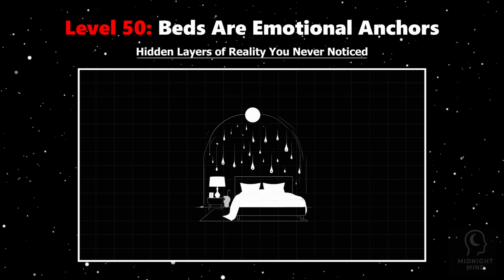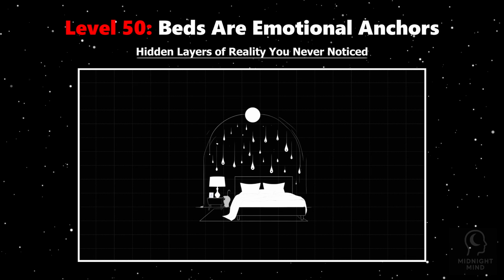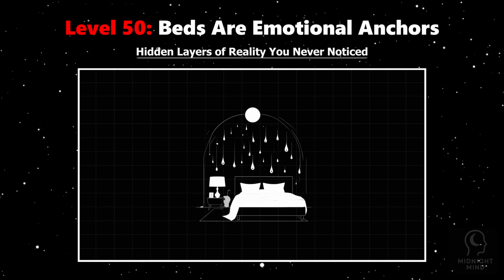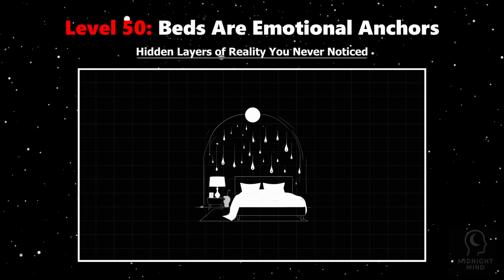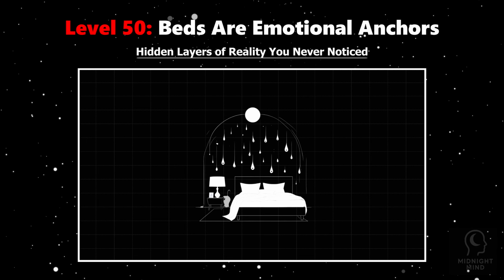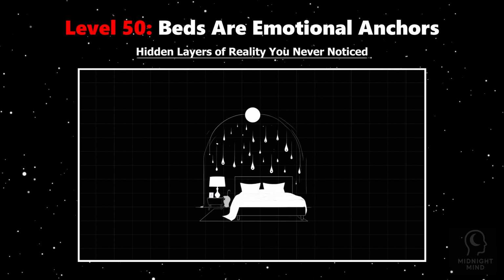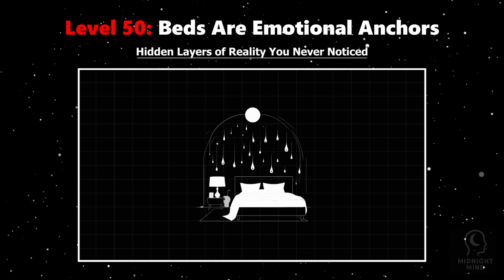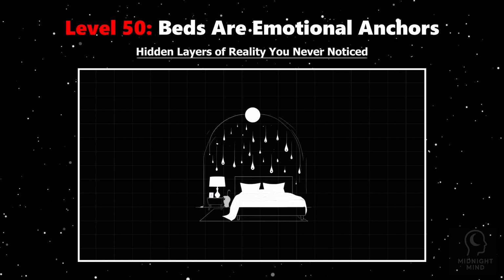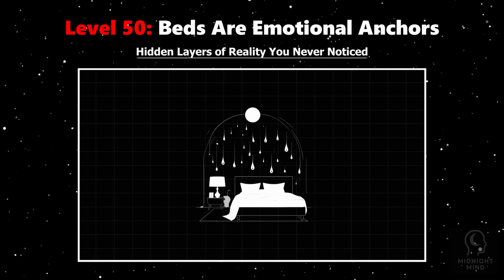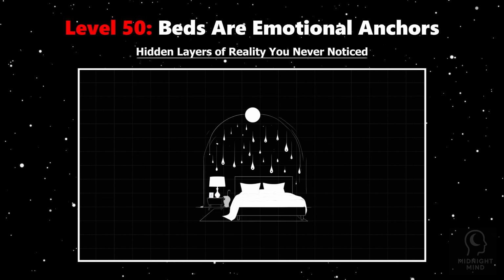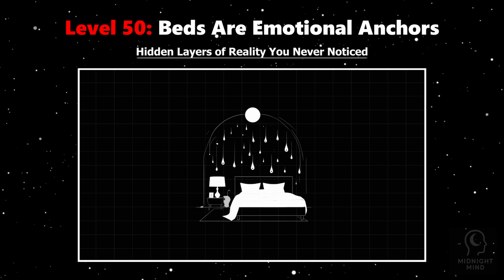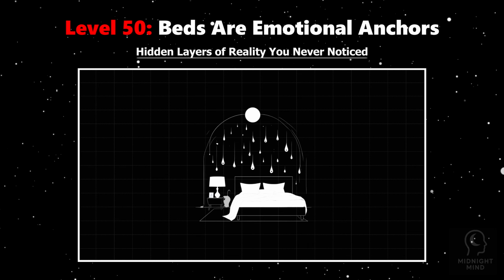For example, studies show that our brains associate specific places with memories, triggering emotions when we return. Your bed holds traces of late-night worries, whispered secrets, laughter shared, and tears shed, acting as a personal emotional theater. This connection explains why returning to your bed can evoke comfort or anxiety depending on past experiences. Sleep researchers find that the quality of rest depends not only on physical comfort, but on these emotional associations, influencing how well you heal and process emotions.